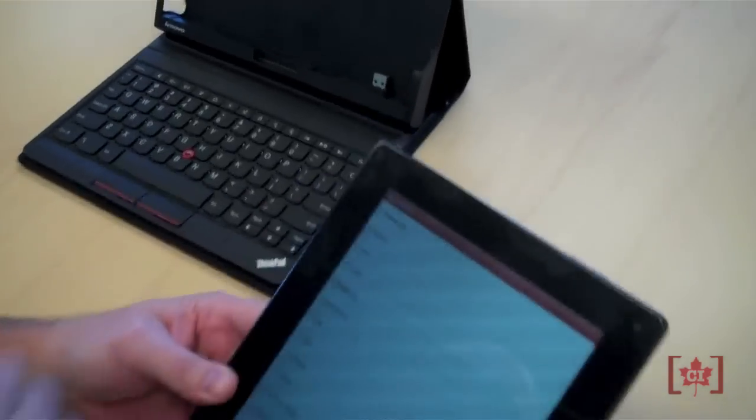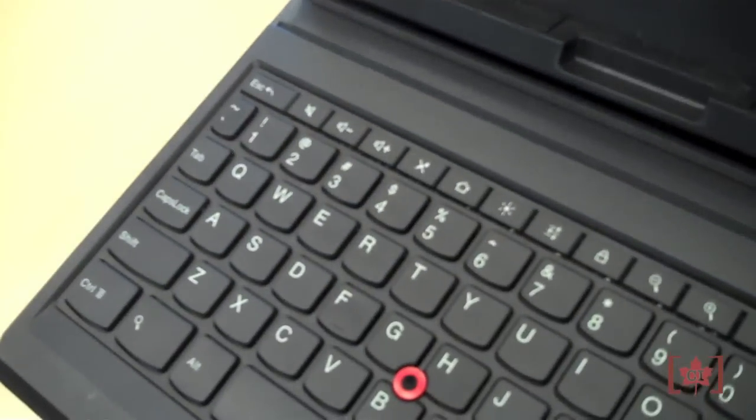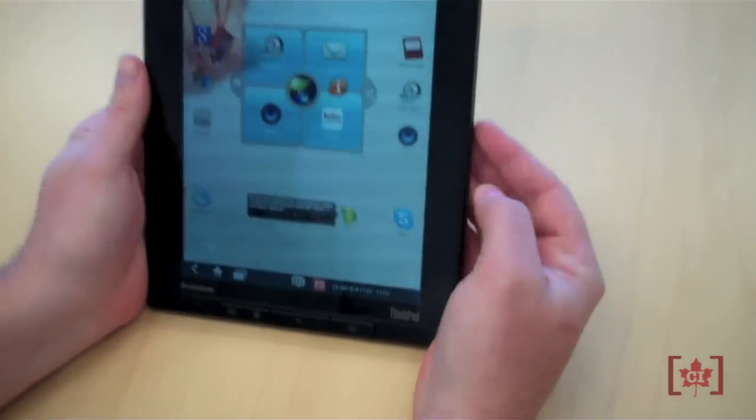So here's a closer look at the keyboard. There are even shortcut keys at the top of that keyboard, which is pretty neat. So that's our